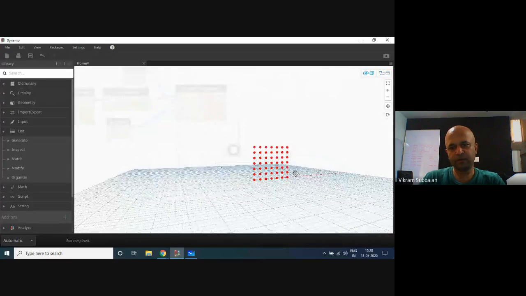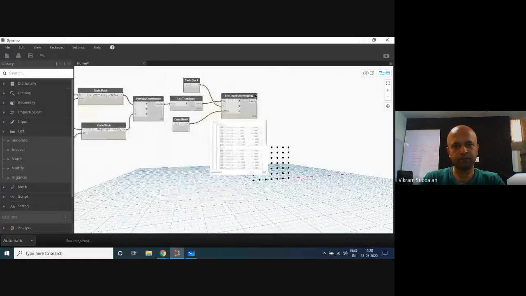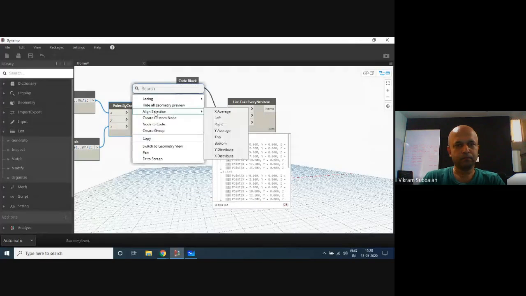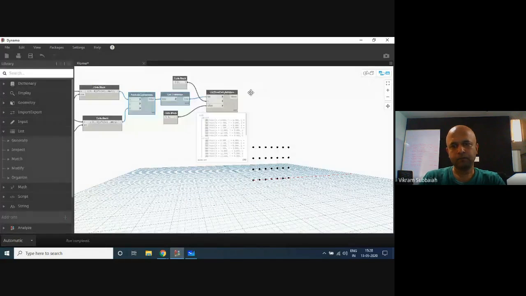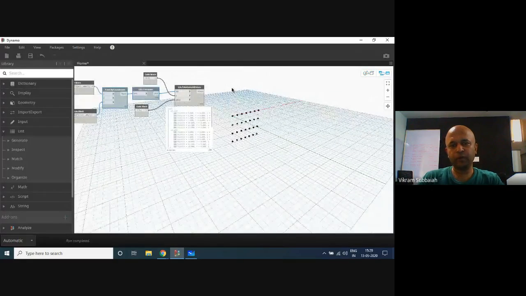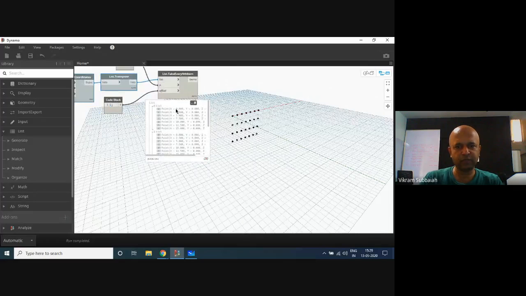Now we got something like this. Now what do we want to do? We want to push every alternate point up. So that means we first want to get every alternate point.